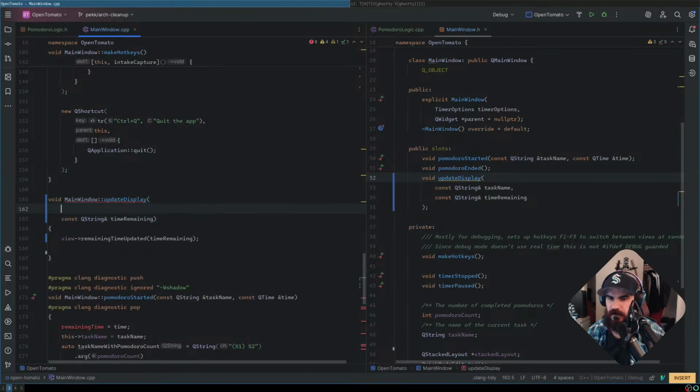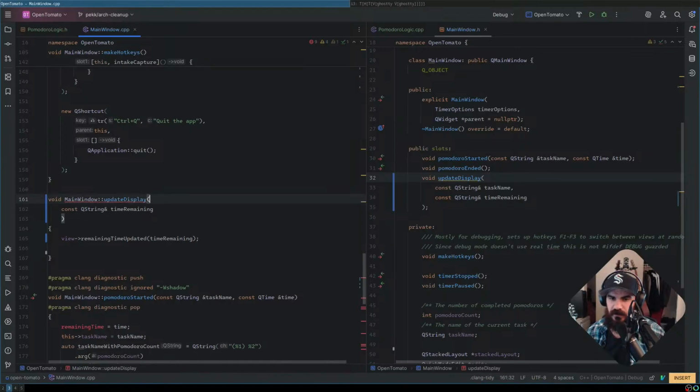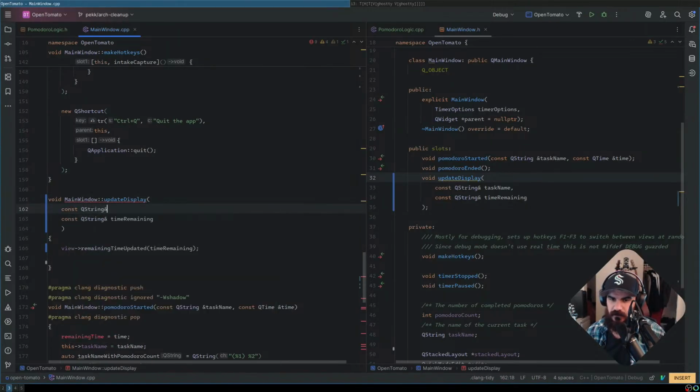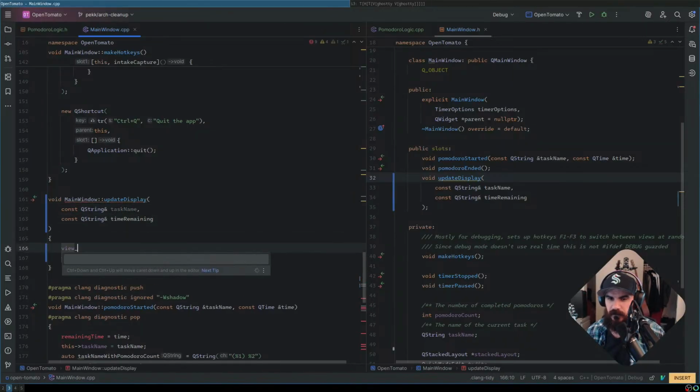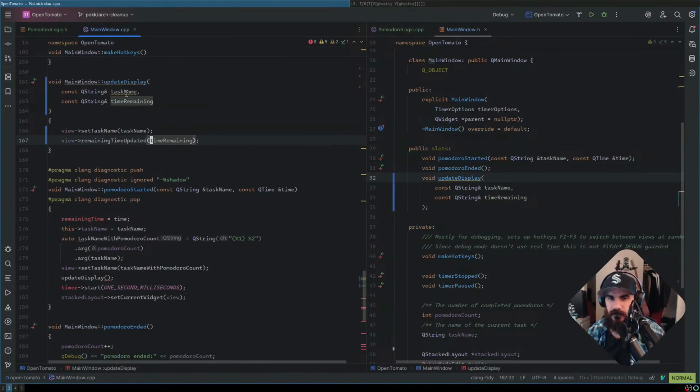Oh, so funny that I put the const here and I didn't put it on the other side. Oh, because I think I just updated that, right? Const QString task name. View set task name. As simple as that, baby.